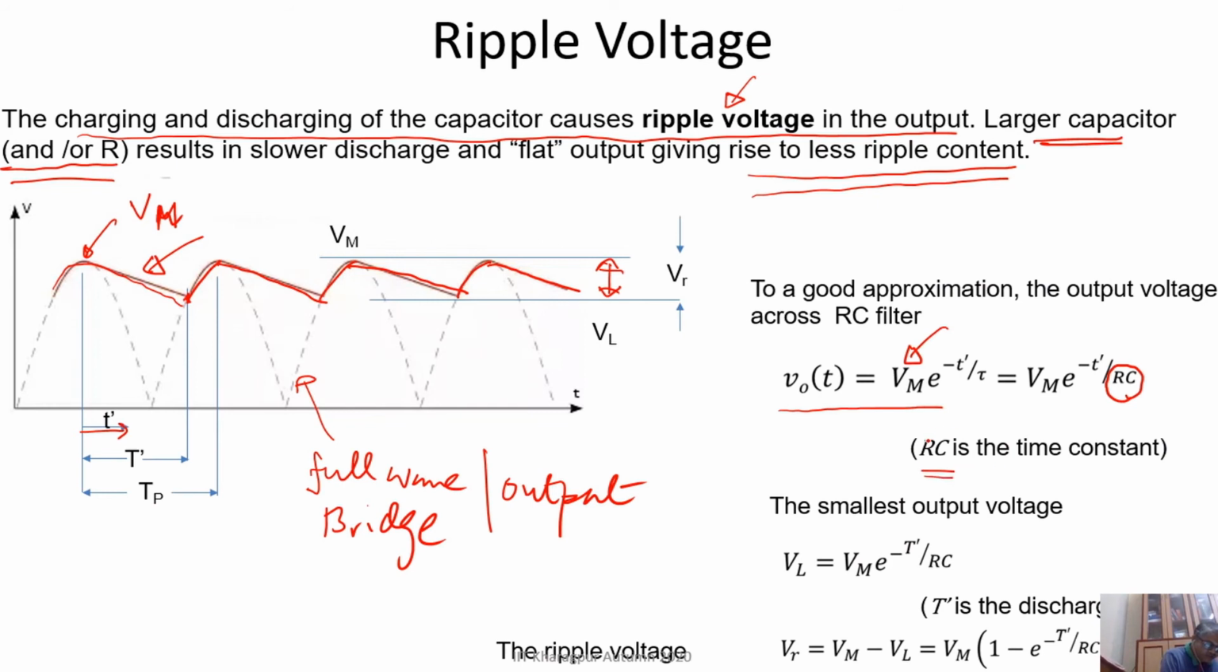If you carefully see the R and C units, you will get that the product of R and C is basically a unit of time. So RC is the time constant. The smallest output voltage, that is basically VL, that is the lowest, and VM is the maximum output voltage. So VL can be written as